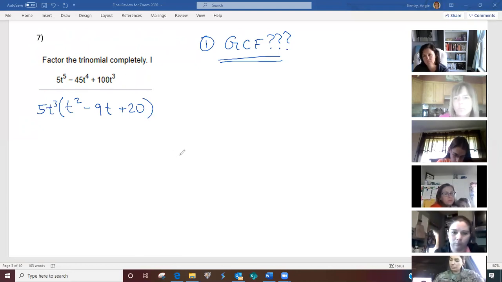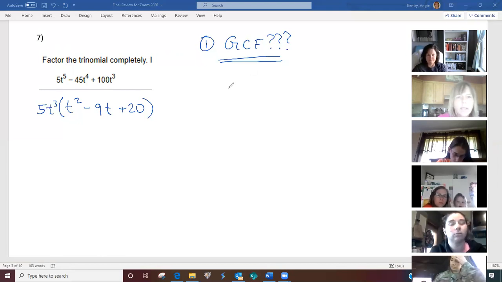Yes? So you pulled your GCF, and then you say, now what is left? Can I factor it? This is now a trinomial. Some people split the middle. I'm like, you can. It's not illegal, but why would you do such a thing? Keep it simple if you can, because your life is easier that way,